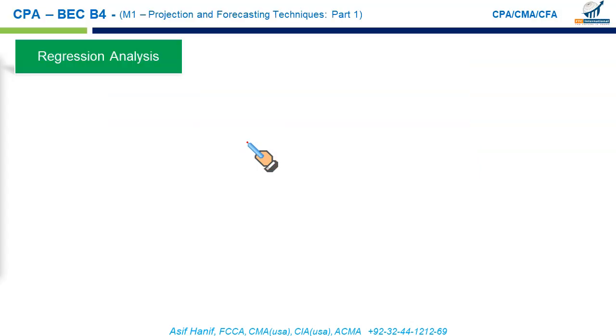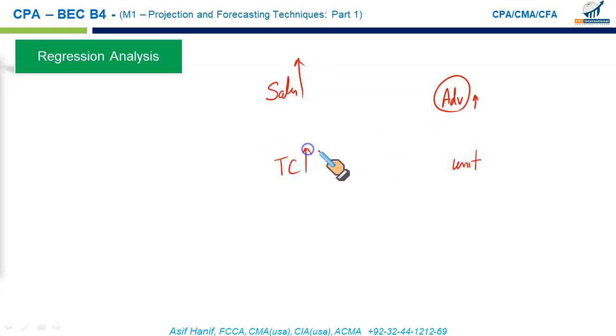Regression analysis is our next topic. Okay, now first of all, what is regression analysis? As we just briefly discussed in the previous subunit, regression analysis involves the prediction of the value of a dependent variable, like our sales, based upon an independent variable like advertisement. What should we spend on advertisement that would give a certain level of sales, right? What should be the level of our production, and at that level what would be our total cost. So to predict the value of a dependent variable,